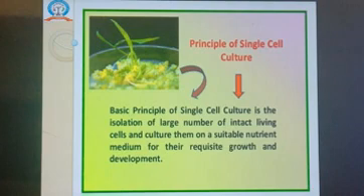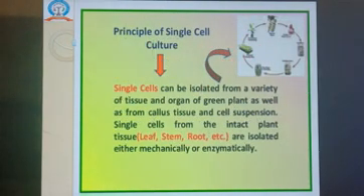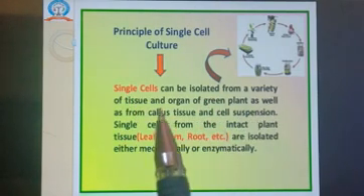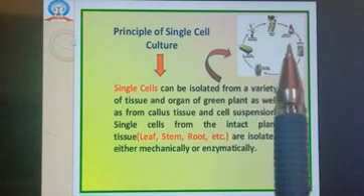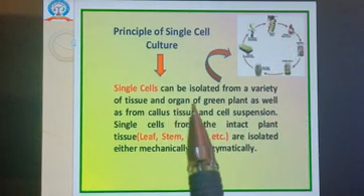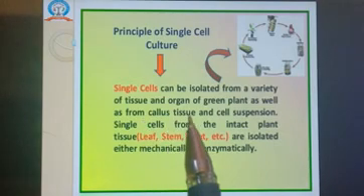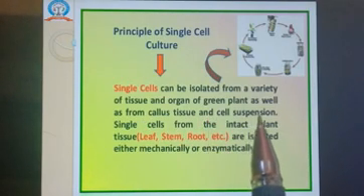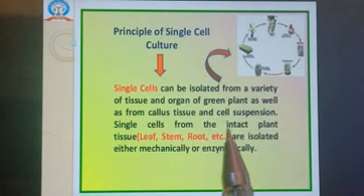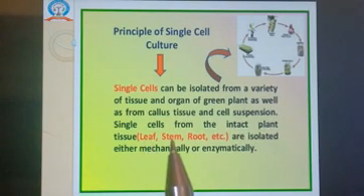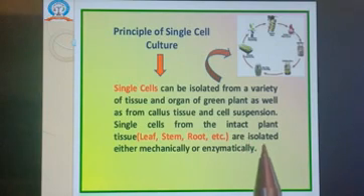Single cells can be isolated from a variety of tissues, meaning different tissues present on the plant or organs of the green plant, as well as from callus tissue and cell suspension. Single cells from intact plant tissue such as leaf, stem and root are isolated either mechanically or